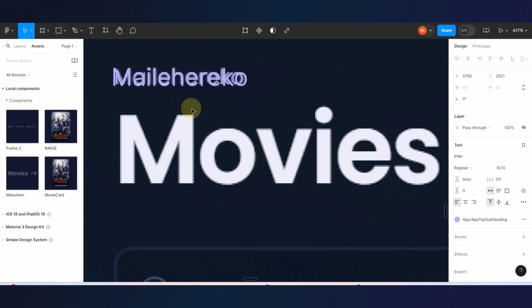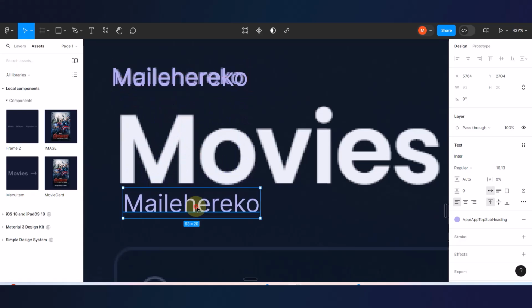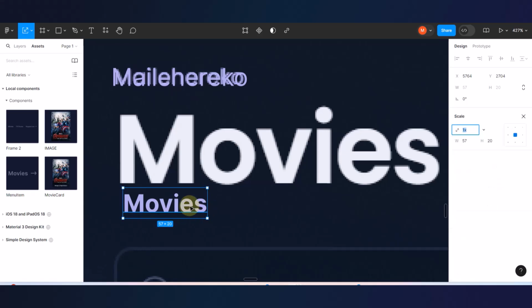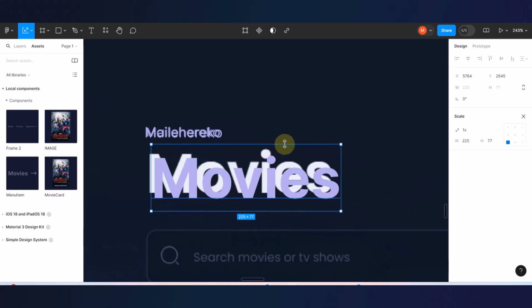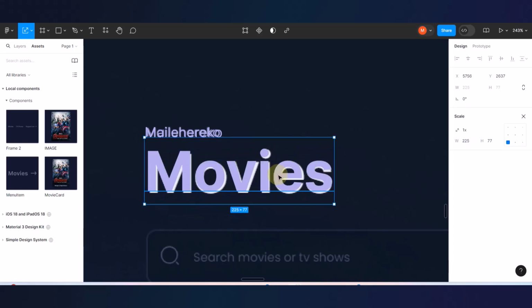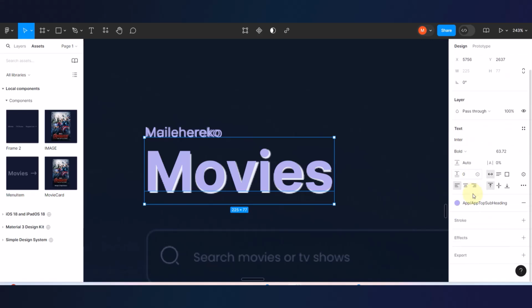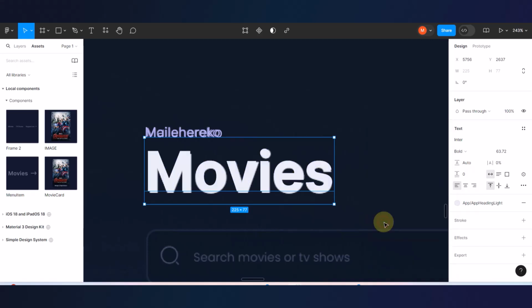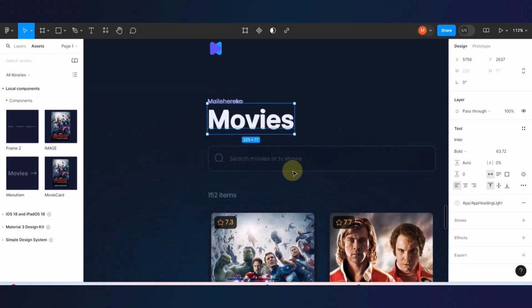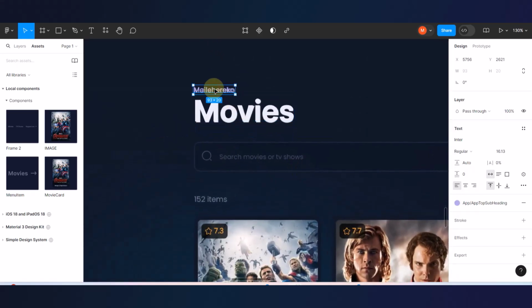And then let's copy this and paste it and type Movies. Okay, make it bold by pressing Ctrl B and press K so that I can scale this. And then press V. What color is this one? The color of this one is up heading light. I'm happy with that. And then let's copy the same thing,